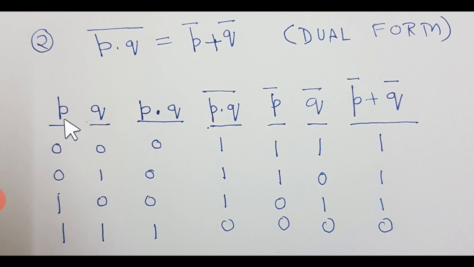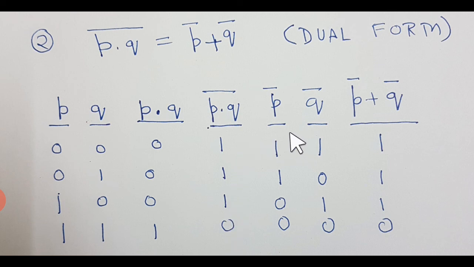And now we can verify this through the truth table. PQ, two variable truth table is here. P dot Q, this is the product of these. So whenever a single 0 is there of any variable involved, has got even a single 0 as the truth value, output is bound to be 0. Is that clear? So here we have 0 0 0 1, because in the first row 0, there 0, then 0. So we get 0 0 0 for the first three rows. Last one has got 1 1, so we get here 1. Now we see the complement of this product. So for 0 0 0 1, we get 1 1 1 0.